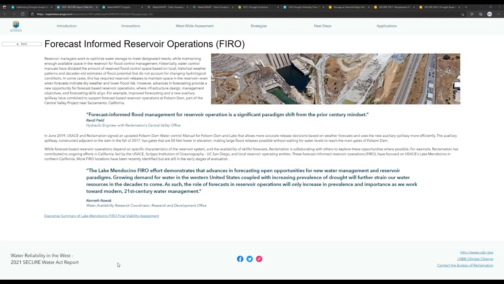And our example here is at Folsom Reservoir, where the water control manual was recently changed to allow us to use forecast-informed reservoir operations.